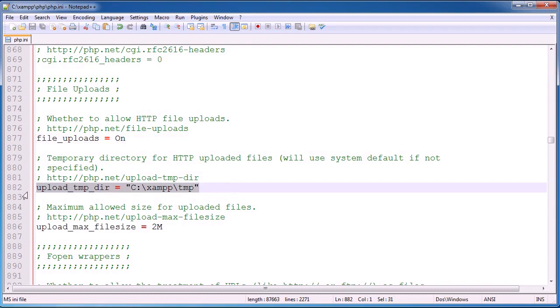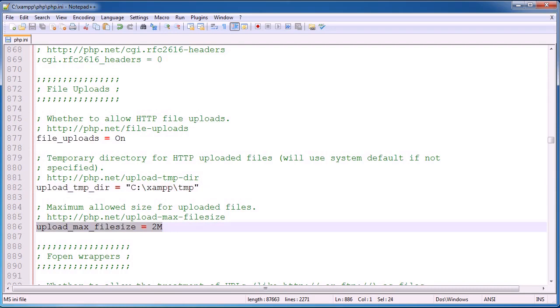We've got a temporary upload directory here, which we can specify, where we have temporary files uploaded to. If you've looked at temporary file uploading in PHP, you should know that your files are temporarily put into a directory until you use the move_uploaded_file function to move them from that temporary location to a new location. And in this case it's custom. I'm using XAMPP, so it's been set to c:\xampp and then this tmp directory,